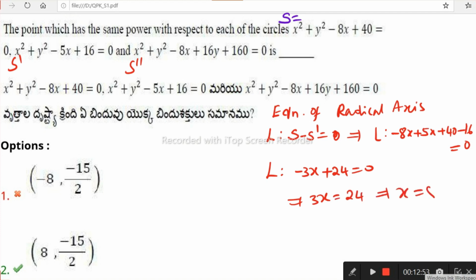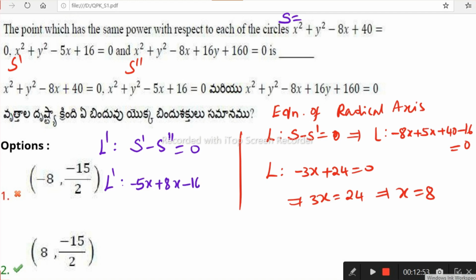We got the x coordinate directly of the radical center. Now we can concentrate on the other radical axis. Now finding one more radical axis with S' and S''. That is taken as L', that is S' minus S'' equals 0. That is L' as the difference of S' and S'', x square and y square cancel, minus 5x plus 8x